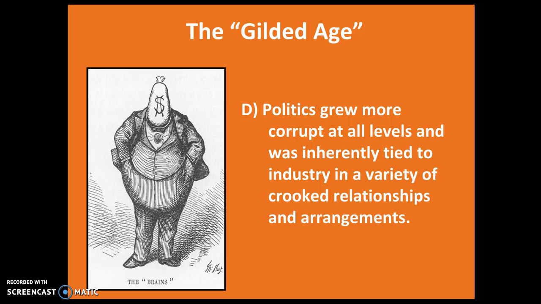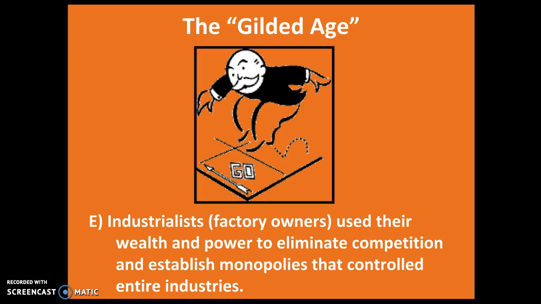We're also going to see corruption in politics. Politics are going to be corrupt for various reasons. The massive amount of money that's starting to flow into people's pockets is going to make them make decisions that might not have been very good. We're going to talk about people like Boss Tweed and a lot of industrialists who made decisions based on money, maybe not on the public good. And then finally, we're also going to see businesses like monopolies start to take control. And industrialists, who are the factory owners, are going to start really wielding their power and throwing their weight around to establish monopolies that control the workers' lives.